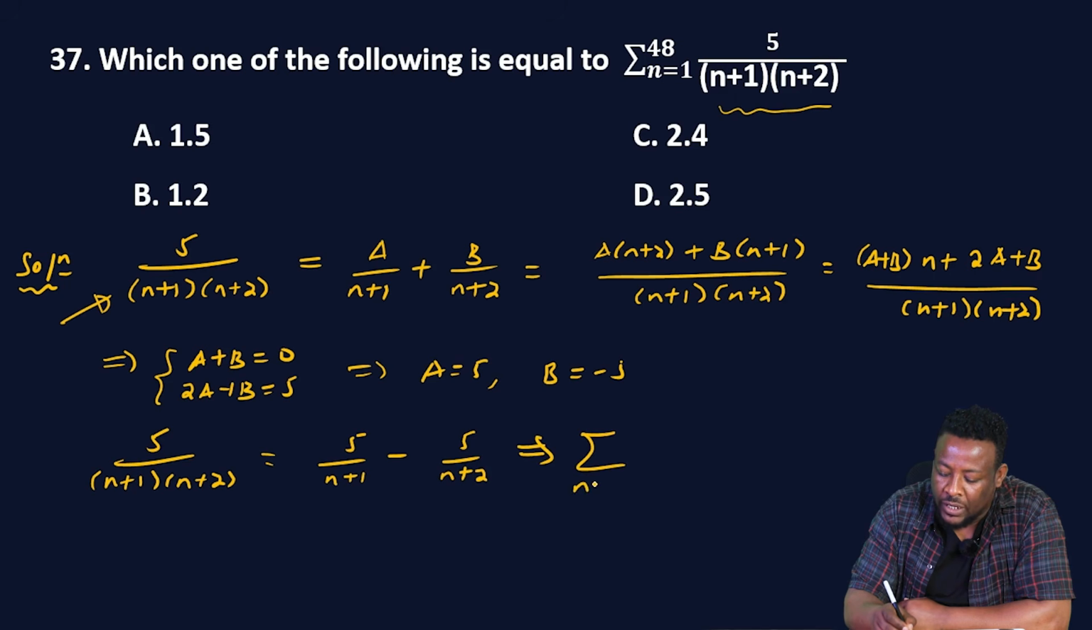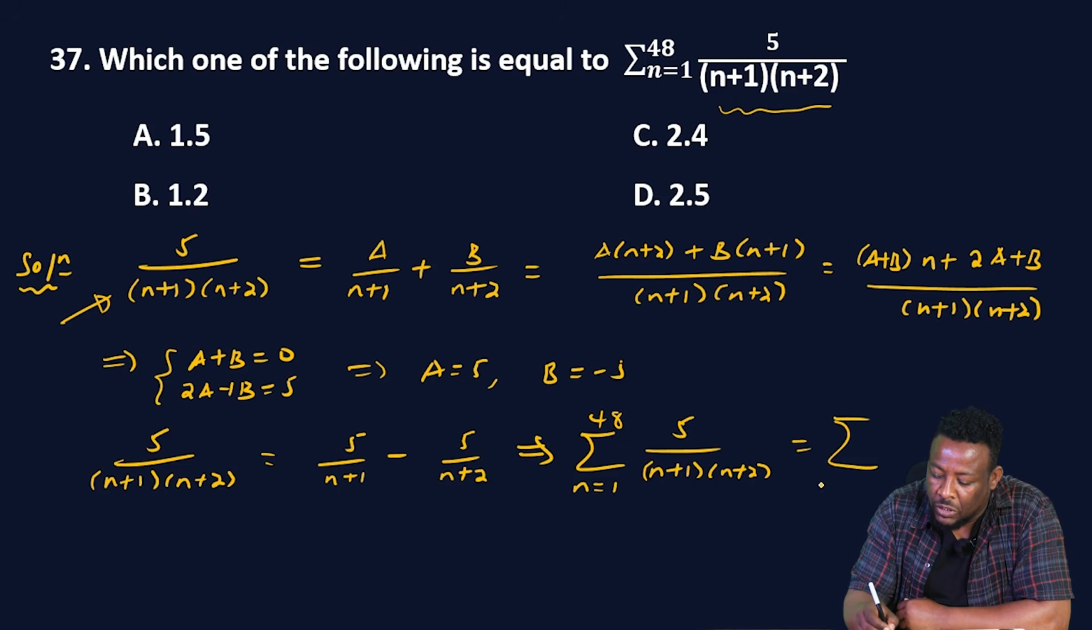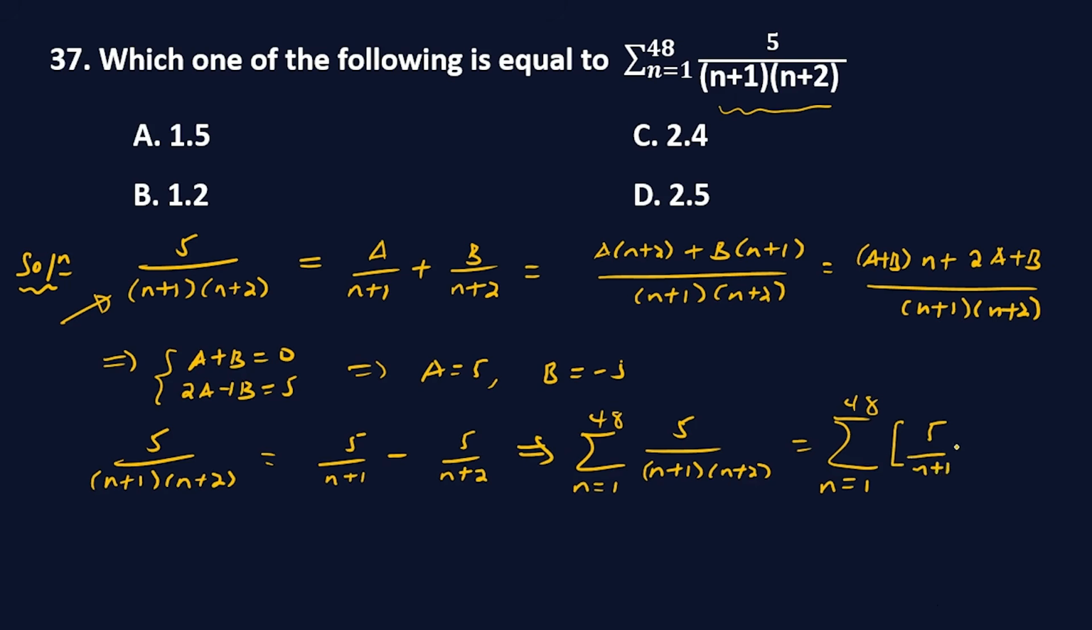We can take summation n starting from 1 up to 48 on both sides. Okay, 5 over n plus 1 times n plus 2 summation ማለት የማን summation ማለት ነው? The summation n starting from 1 up to 48 5 over n plus 1 minus 5 over n plus 2 እንደማለት ነው። Okay, using the property of summation you can take the constant out of this summation, so ከsummation ስናወጣው 5ን ምን ይኖረናል? This is 5 into the summation n starting from 1 up to 48 ውስጥ የሚቀረው 1 over n plus 1 minus 1 over n plus